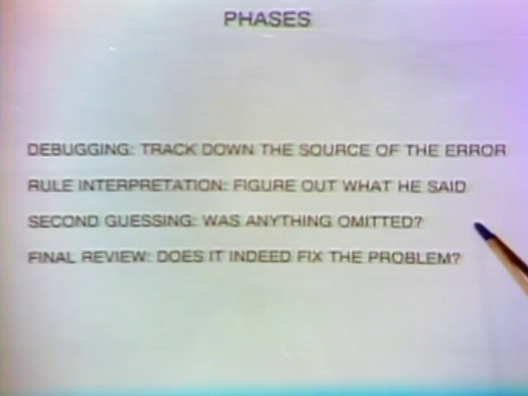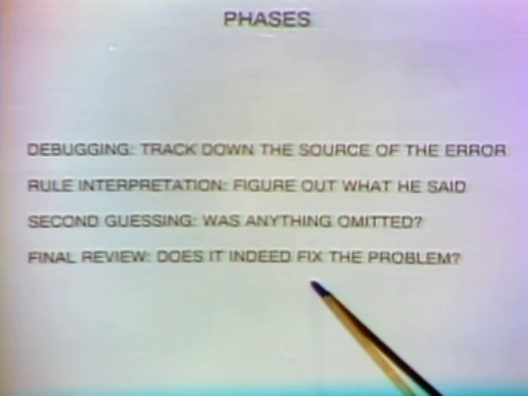Third phase, there's what we refer to as second guessing. We'll see that what TEIRESIAS does is look at the new knowledge that's going to be added to the system, the new or revised knowledge, and in effect compare it to what it already knows about that kind of problem, asking itself, gee, does this new knowledge fit in well to things I already know about that topic? If there's a disparity, it will comment on that disparity, and we'll see an example of that a little later on. And then finally, of course, we need to see whether it does indeed fix the problem.